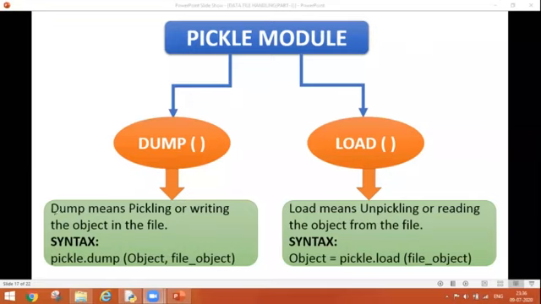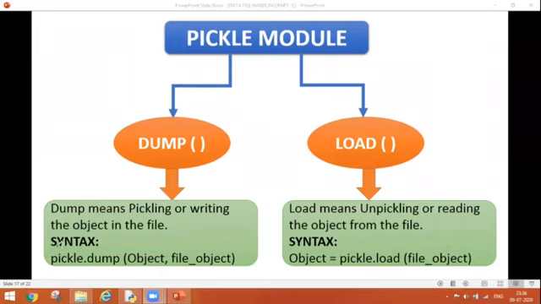Here, dump means pickling or writing the object in the file, which means we are going to write the data permanently into the file after converting it into the byte array format. And this is the functionality of our pickle module, that first it converts the object into the byte array format and finally it dumps it into the file permanently.